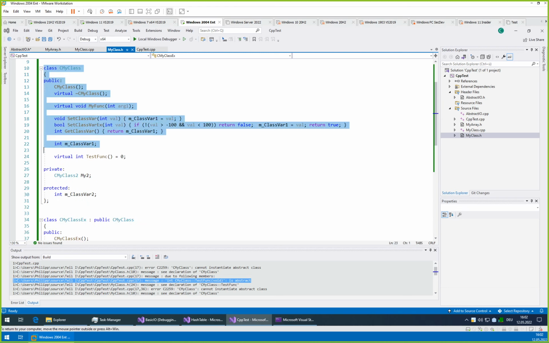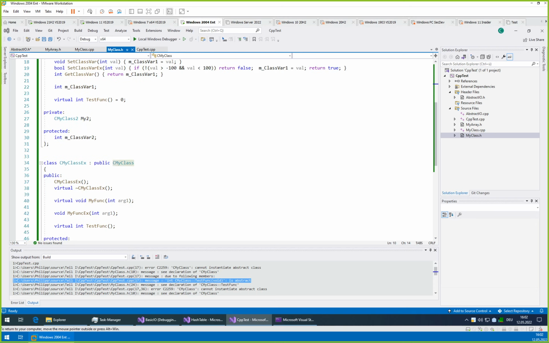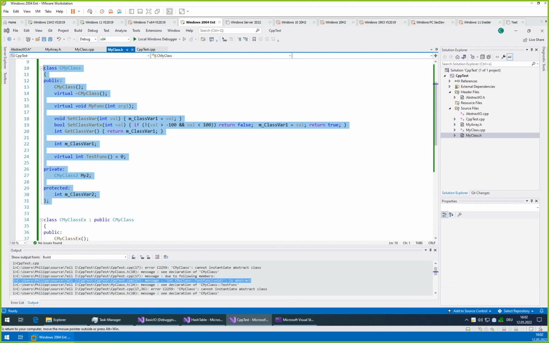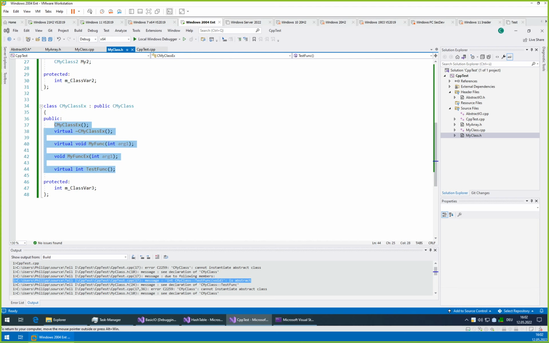So you have a normal class, just an object like you would have even like a struct in C or something. But in C++ you can create another object which will inherit all the properties of your parent object, plus it can add its own properties. So if you create an object of type myClassX, it will include everything that already was implemented in myClass, plus whatever you add here. This way you can easily extend classes with additional functionality.